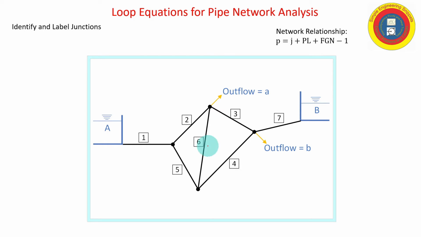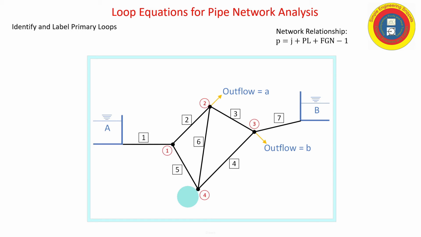Okay, so here's our pipe labels. Now let's go through and identify all of our junctions. And again, the way you choose to do it may be different. So I'm going to just march around 1, 2, 3, and 4. And so I have 4 junctions, and I'm going to be applying continuity equation to those junctions. So that gives me 4 equations. I have 7 unknowns. So some way or another, I need to come up with 3 additional equations, and we'll